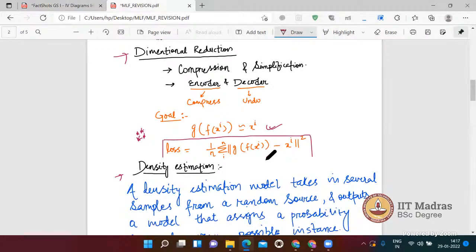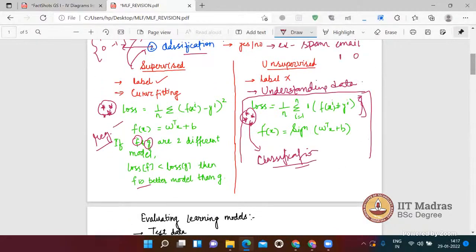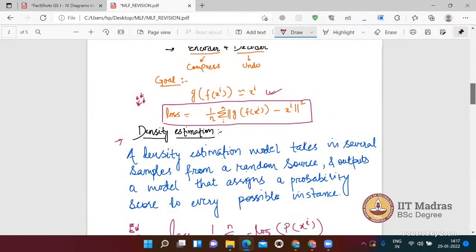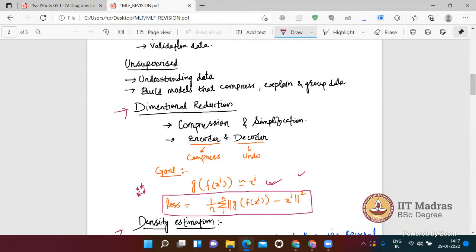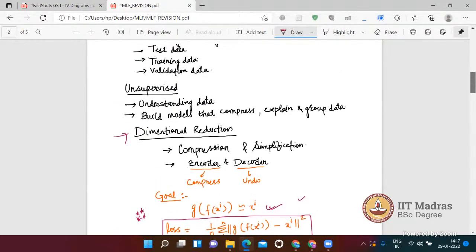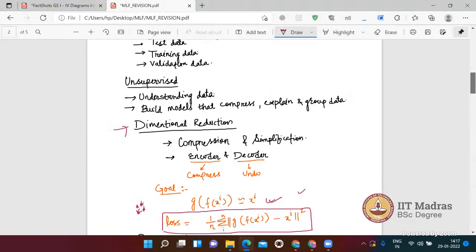So we have studied three losses till now: one for regression, one for classification, and one for dimensionality reduction. I've put a star on these. These are three or four concepts in the form of mathematical terms that can mostly be asked in your exam. That is what I'll tell you.